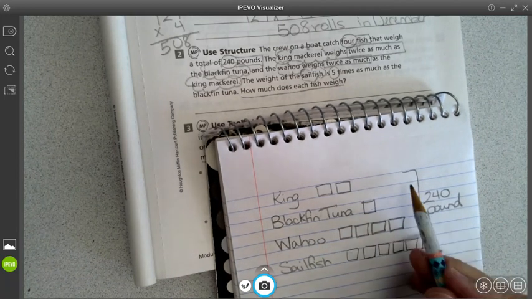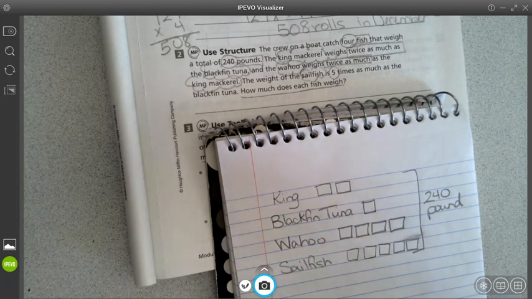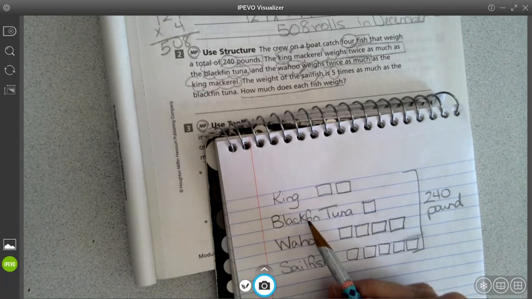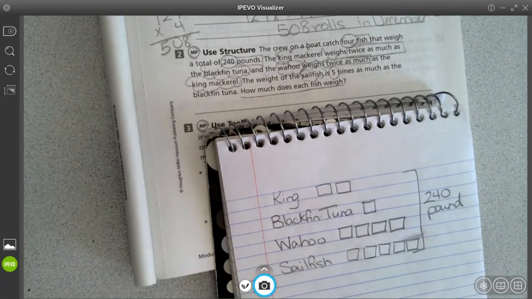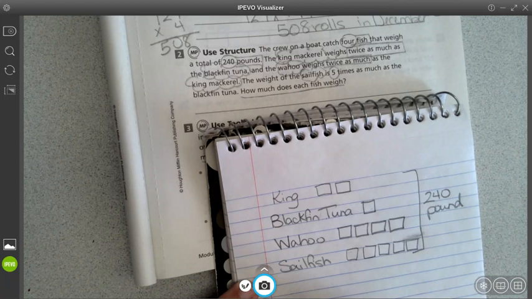So if these are all of the fish, we need to know how much does each fish weigh. So they caught 4 fish. King, blackfin, wahoo, sailfish. I should have known right there. I think I got too distracted by the wahoo. All right. How am I going to determine how much they each weigh? Let's see. If they equal 240 pounds,